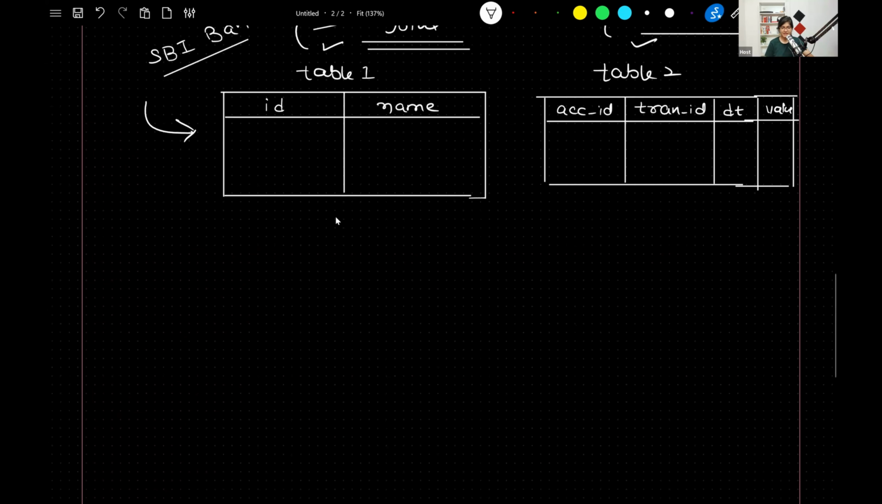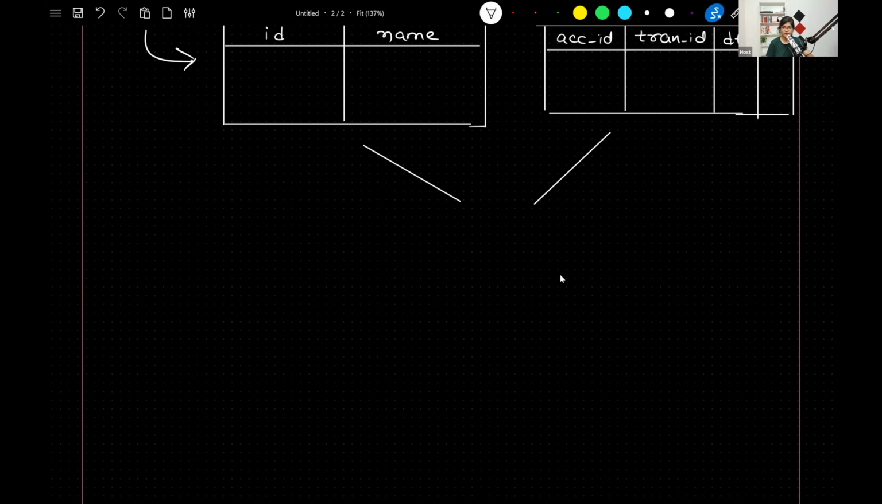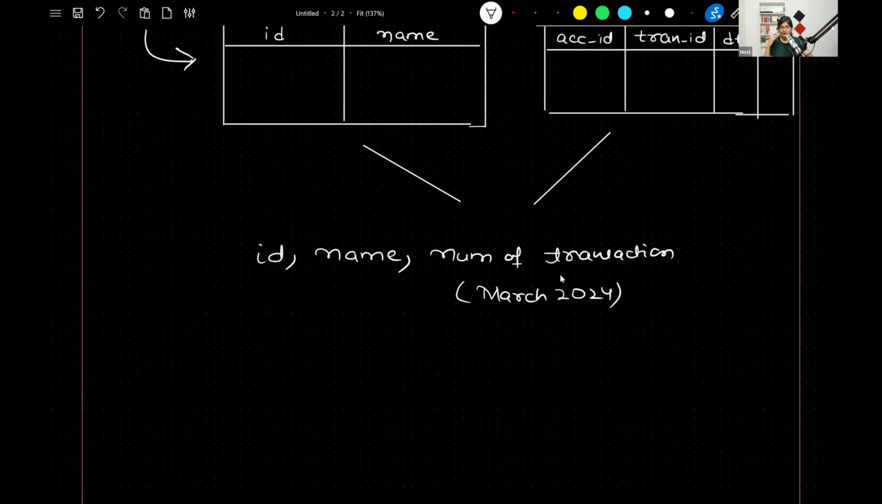Now, let's say in future I will ask you a problem: given these two tables, one is the account table, another one is the transaction table, you need to give me the result. Listen very carefully, the result of 4 values. What is the ID of the person? What is the name of who is doing a transaction? How many transactions he is making in a specific month? Let's say I'm looking at the month that just went by, March 2024. So I'm looking for the transactions of March 2024, how many transactions he has made in total from SBI Bank, and what is the total value,